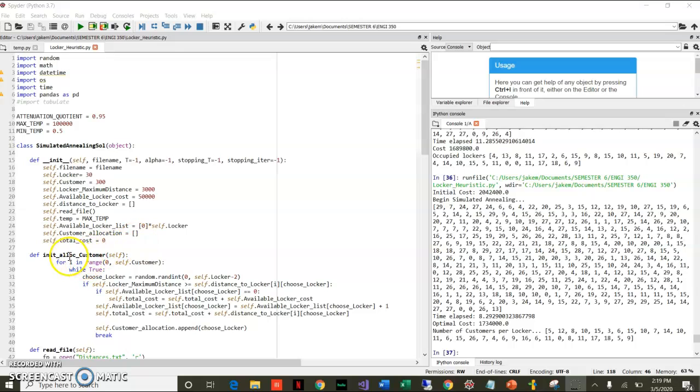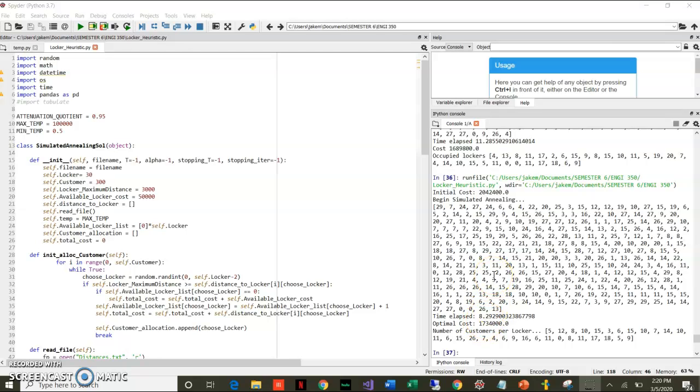And to show you how it is initialized and how it actually runs through some of the heuristics here, a locker is randomly assigned to a customer, and if that is an acceptable locker, so within 30 kilometers of the customer, then it will assign that random locker to them. That's how, for customers 1 through 300, we got the initial cost there. And then it runs through the same logic, randomly assigning lockers to customers until it finds what it believes is an acceptable